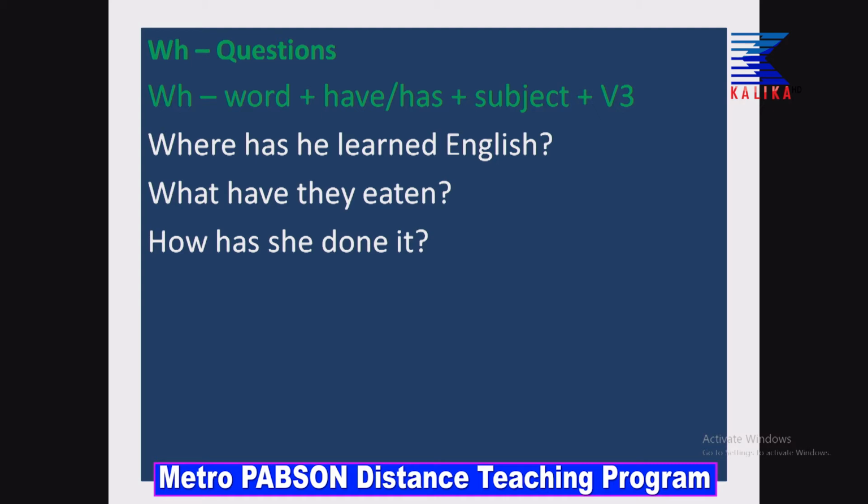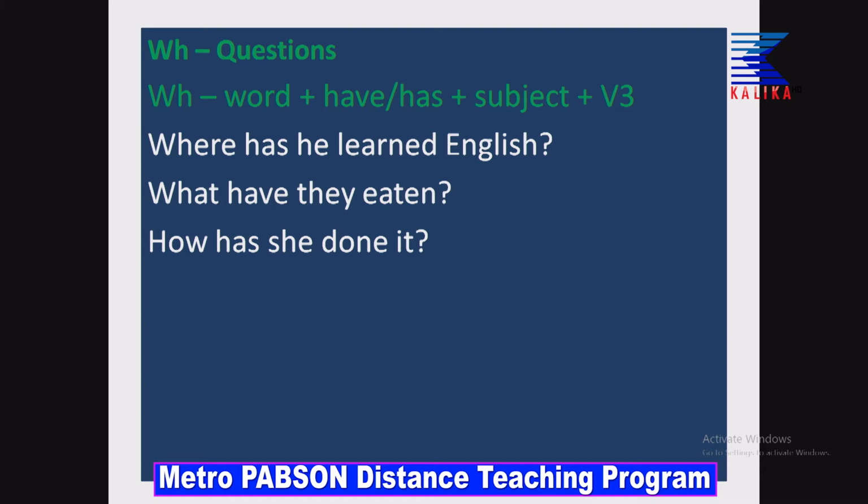Now in present perfect, we have WH questions also, children. WH word plus have or has plus subject plus verb 3. So this is a WH question, children. How to make a WH question in present perfect. Where has he learned English? What have they eaten? How has she done it? So they are the WH questions, children. Now once again I am telling what is present perfect. Present perfect is a mixture of tense